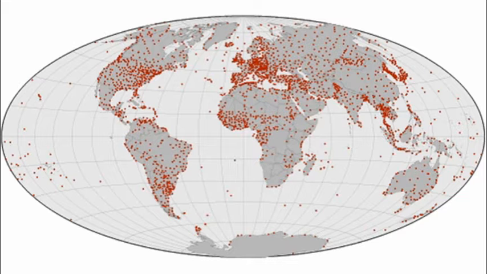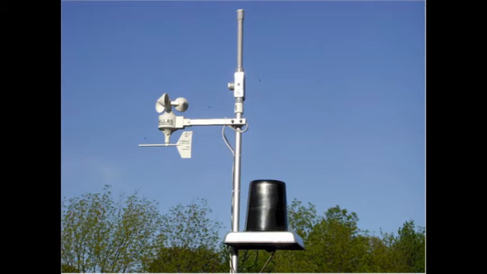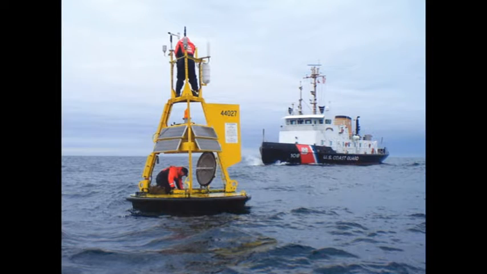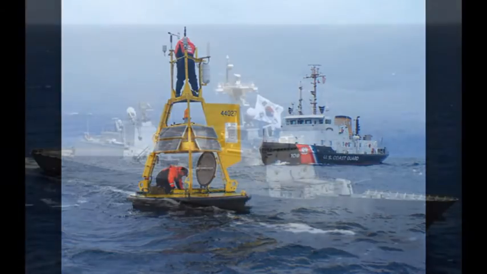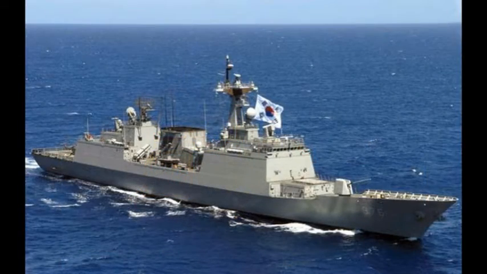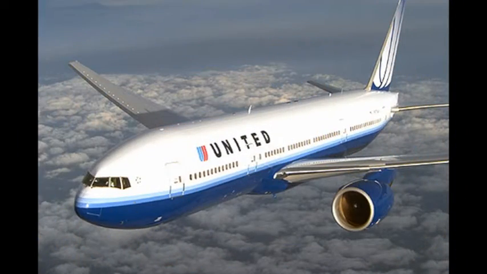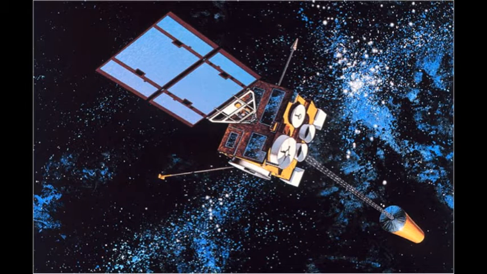So where do we get the information? Primarily it's from ground stations, some of which are shown here. But the ground stations are not the only source of data. We have data from buoys out at sea, ships, aeroplanes, and most importantly from satellites that view the globe regularly